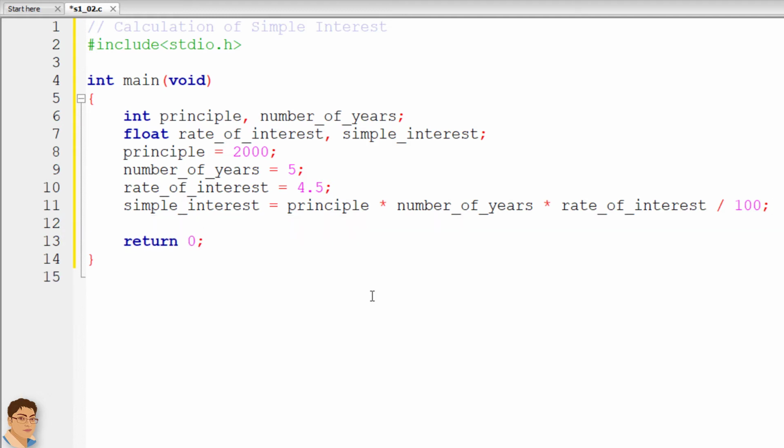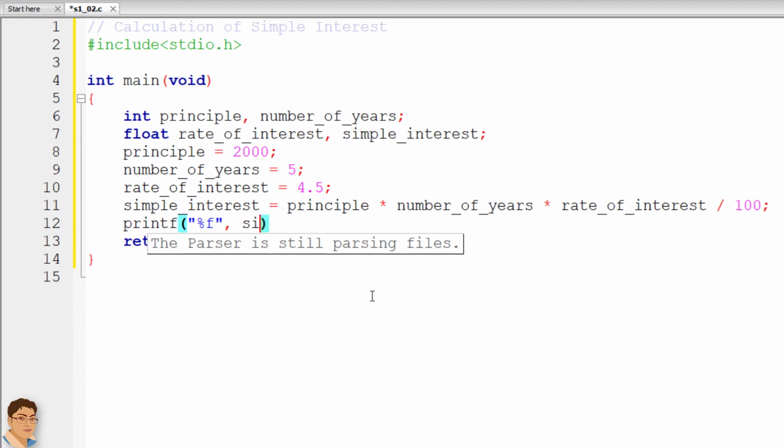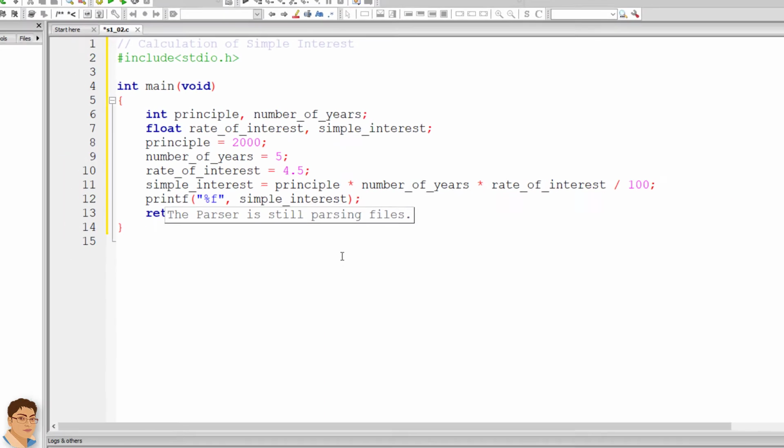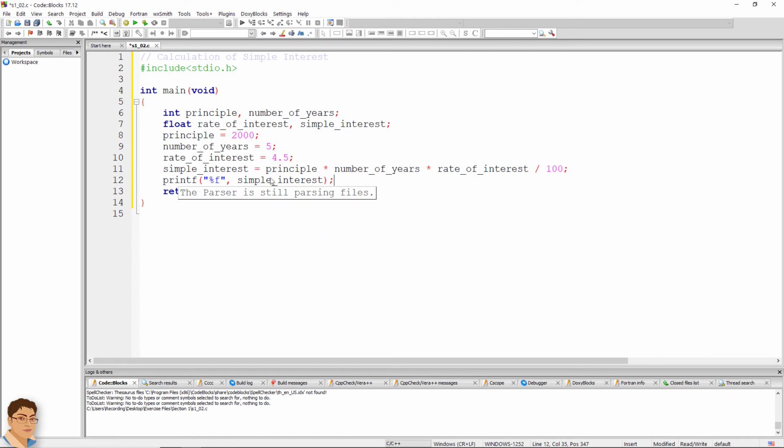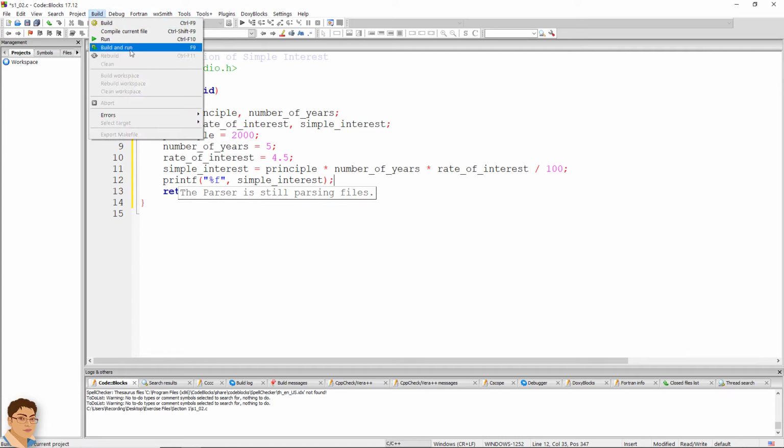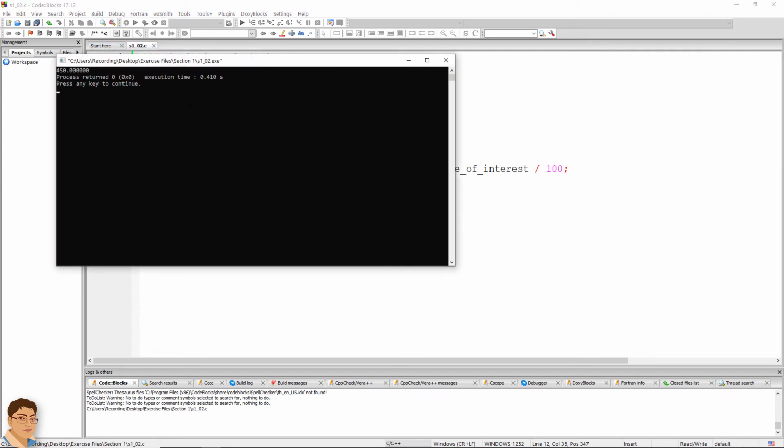Print the value of simple interest. Build and run the program. Accordingly, we are getting the output 450.000000, 6 zeros after decimal point.